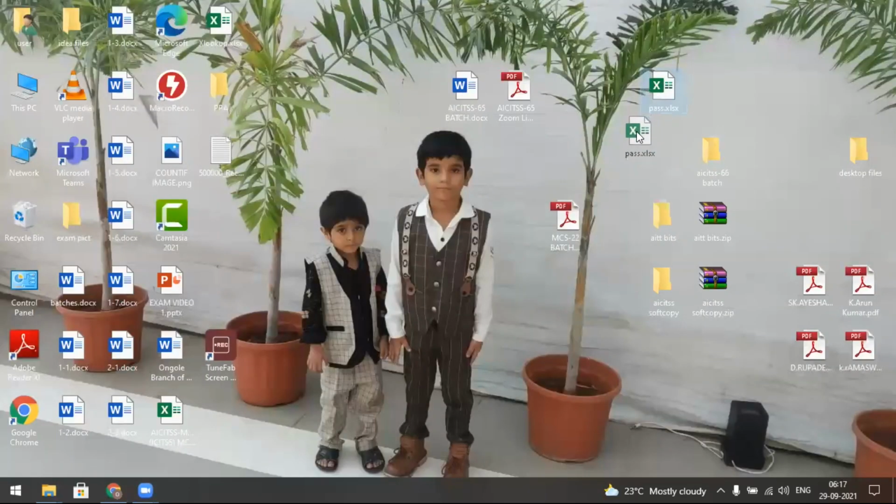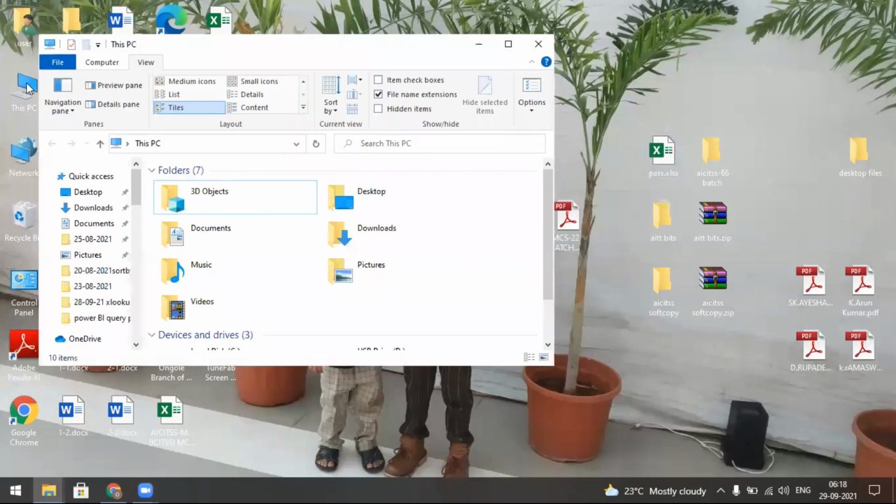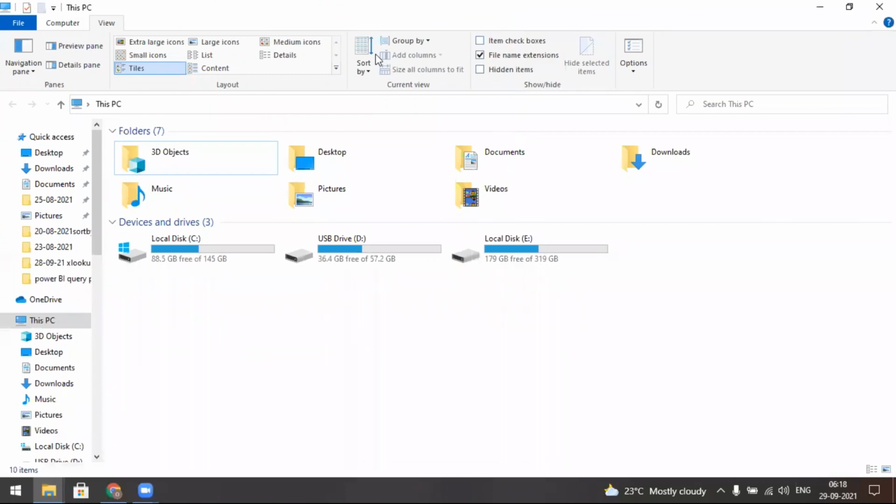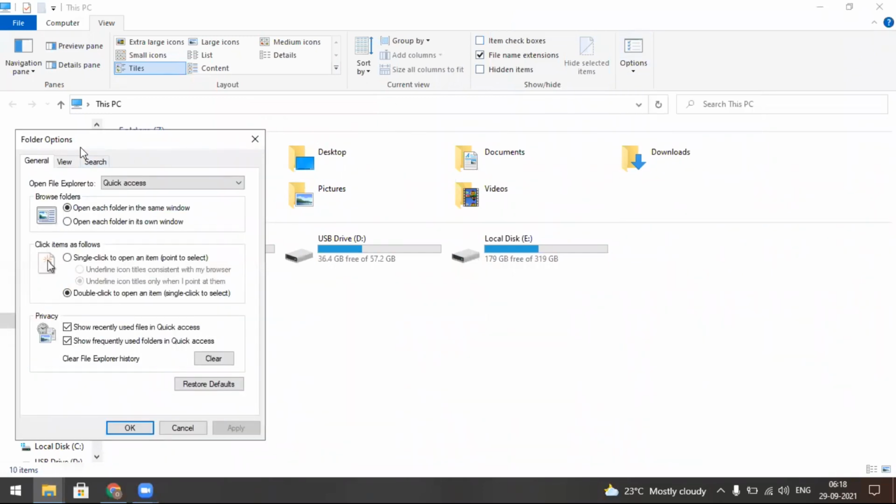Generally in your systems, the file name does not contain the extension. If you want to view it with the extension, you do one thing: you must double click on My Computer or This PC. In this dialog box, you click on View. At the last is a button called Options, also called Folder Options. You must click here. Now we get the Folder Options.